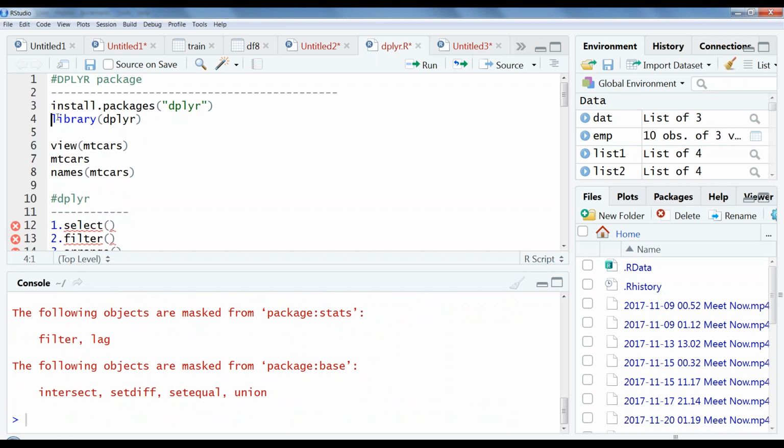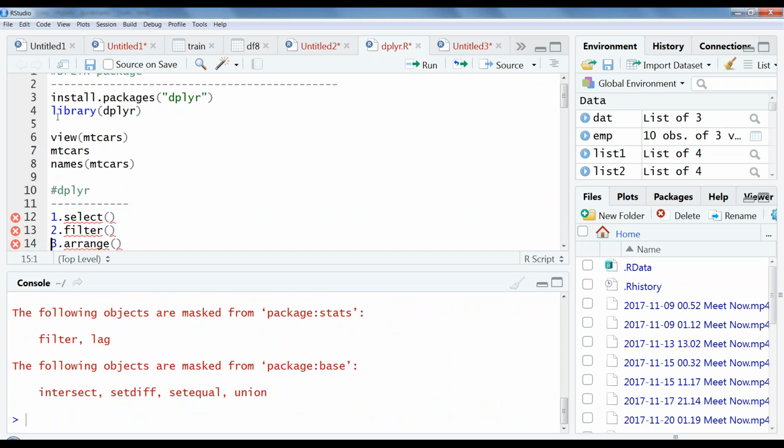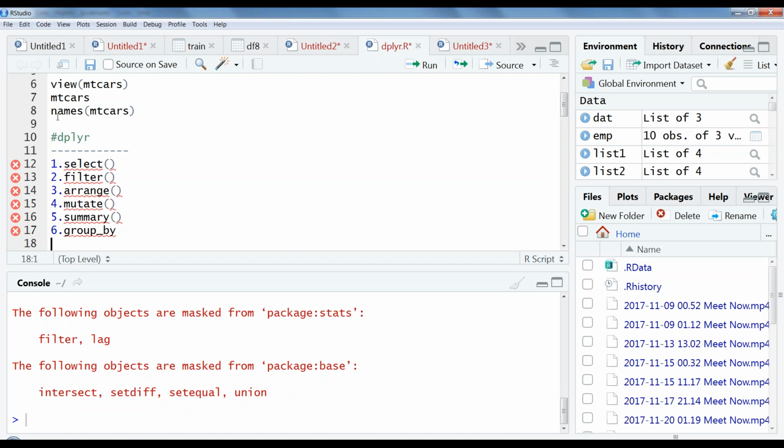Now we have so many functions inside this dplyr package, or you can call them attributes, or the grammar of data manipulation. We have many, but I'm going to cover the most relevant and frequently used functions as part of this dplyr session: select function, filter function, arrange function, mutate function, summarise function, and group by function.